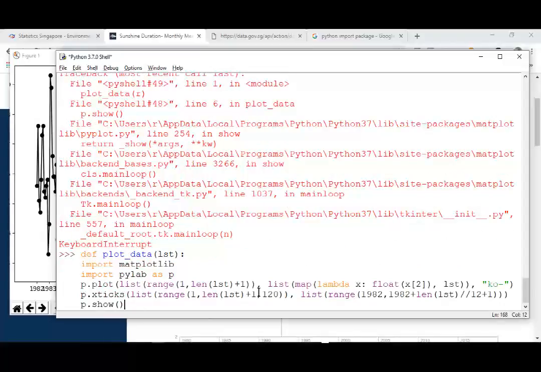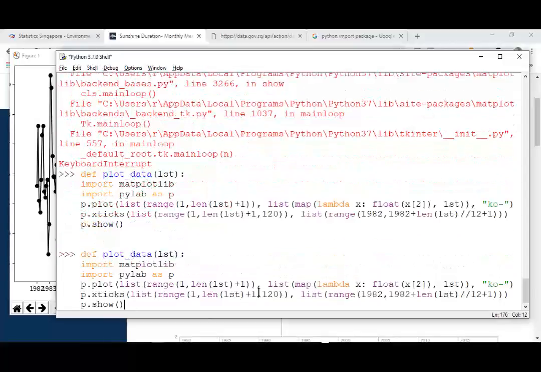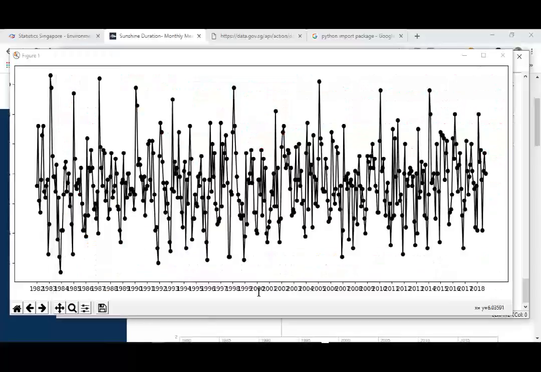I think we're just going to do this for the time being. And if I do this, you can see that the years are coming one by one. We also are not seeing all the years because I think